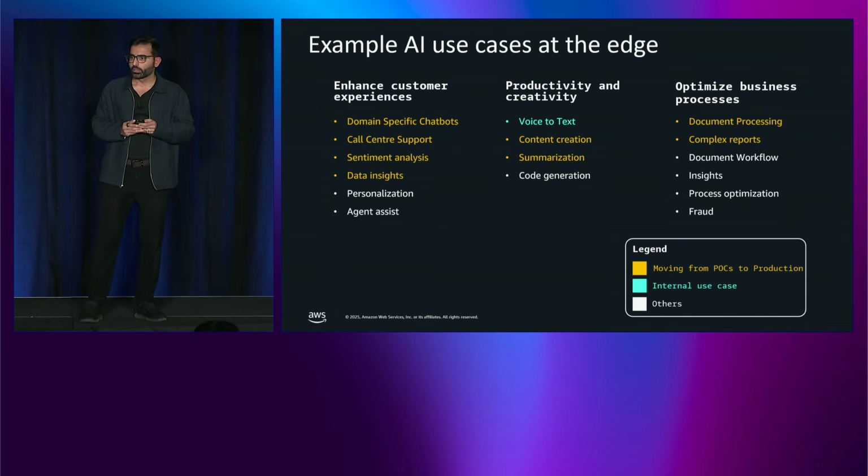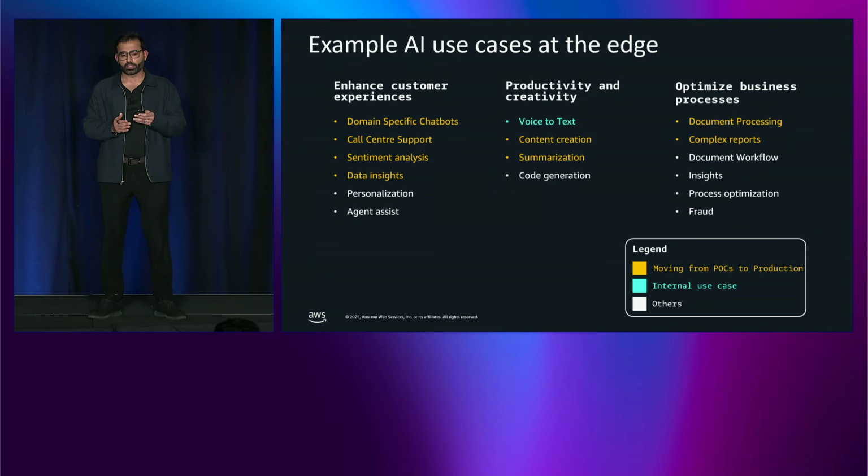And then the third category is around optimizing business processes. This is where recently a bank reached out to us, and they were looking to leverage generative AI to slash the cost and time it takes for them to generate monthly critical business reports. And that's another great use case where we're seeing strong uptake from customers. In fact, the use cases that you see in yellow are the use cases where customers have already moved from POCs to production, while the other ones highlighted in the slide are the use cases we're still working with customers on testing and POC.